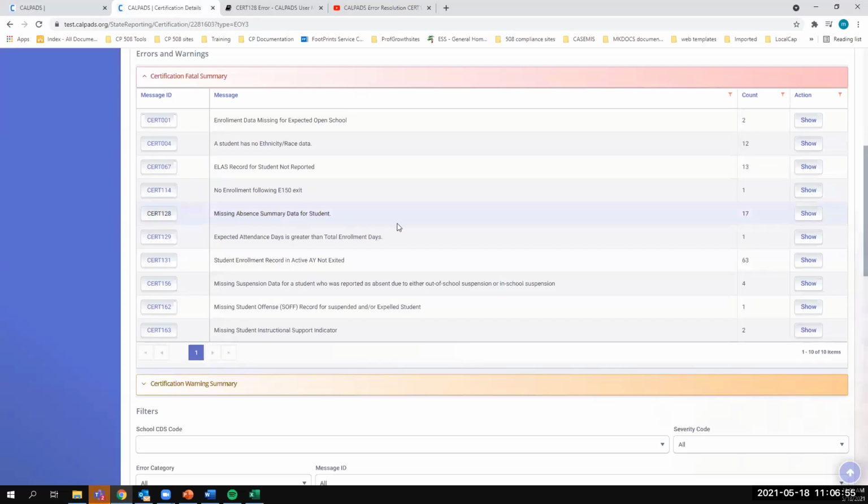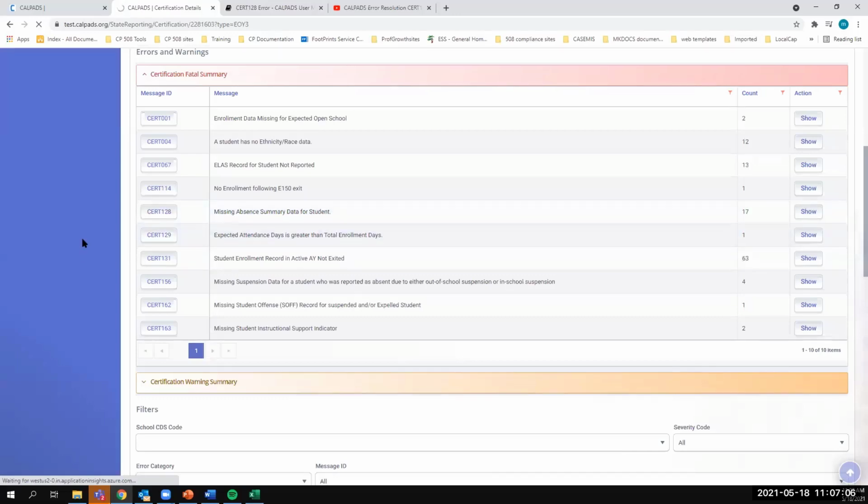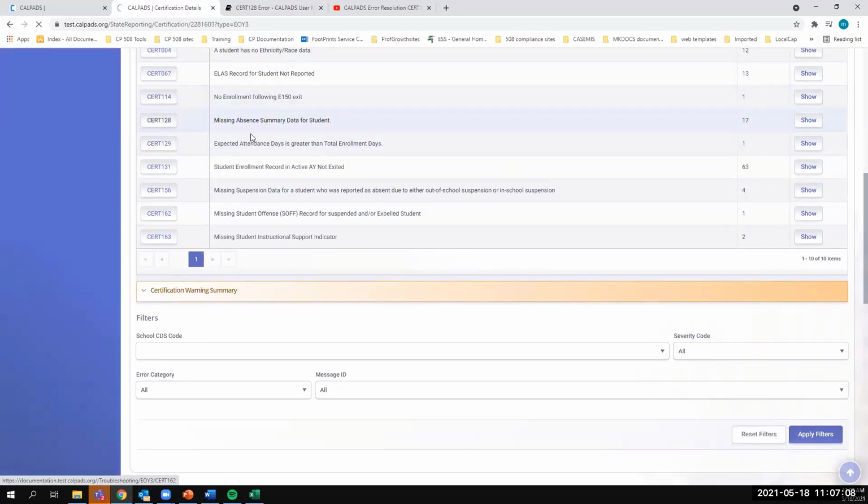Okay, so let's deal with this one error, Cert 128. So let's click on show to see the offending records. Cert 128, show, okay. Oh, CalPads is running. I thought I didn't click on the show button. So again, as I've mentioned,